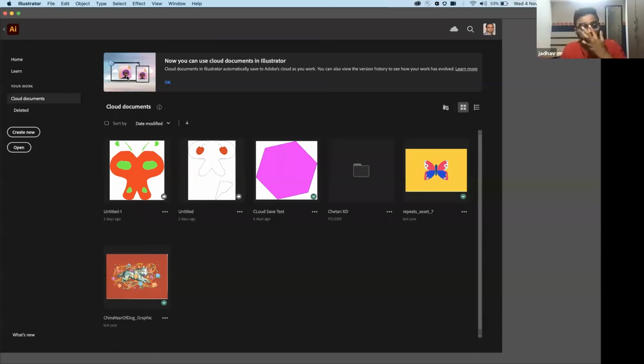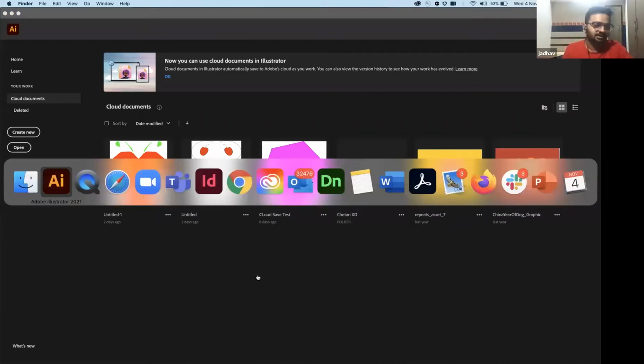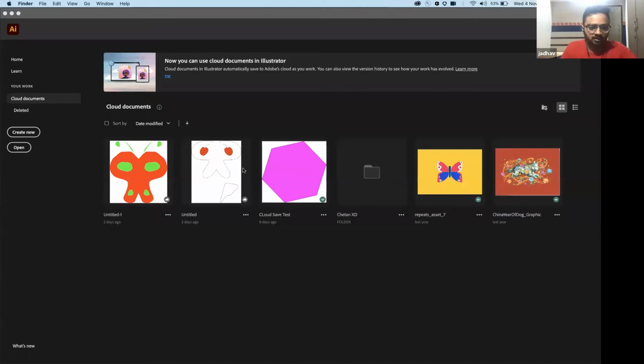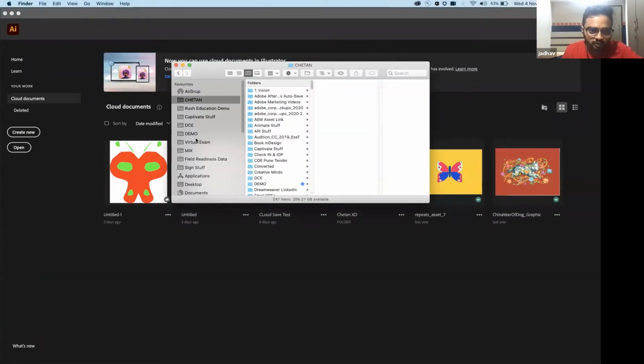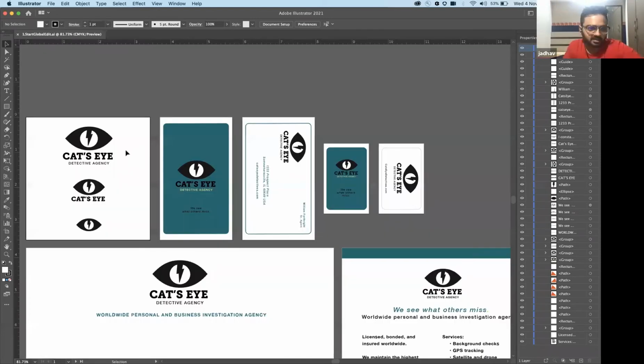The other thing I want to show you here is a feature that was released just before Max, and it is an amazing feature. This was around a year back. This is called the Global Edit feature. So if I go back to one of my sample files to show you how this works, I have an artwork here, and these are some of the icons, some of the logos which were created.